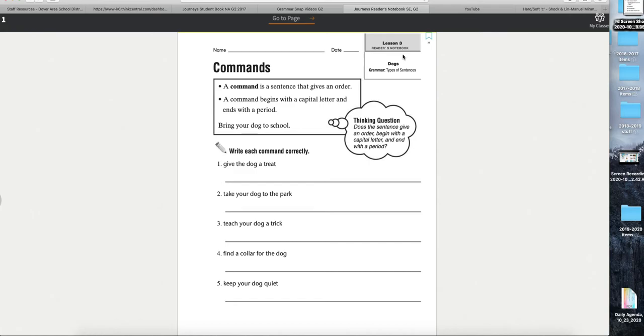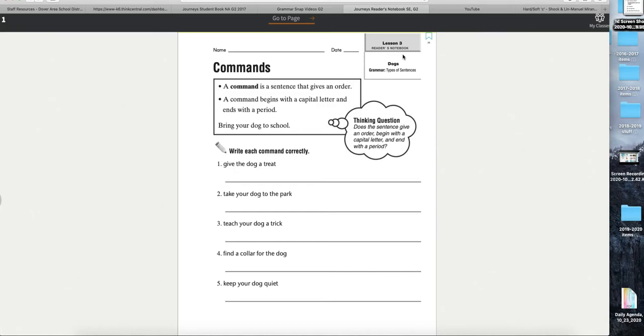And all sentences need to have what at the end? Valerie? A period, a question mark, or... Yeah, and we can call that punctuation. Punctuation, which means a period or a question mark or an exclamation point at the end. Very good. Okay. Now, with these being commands, we're going to probably just put periods on the end unless they show a lot of excitement, which I don't think these will.